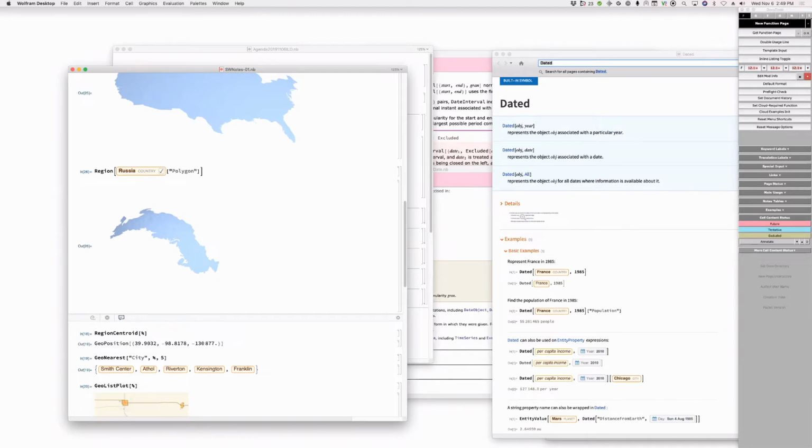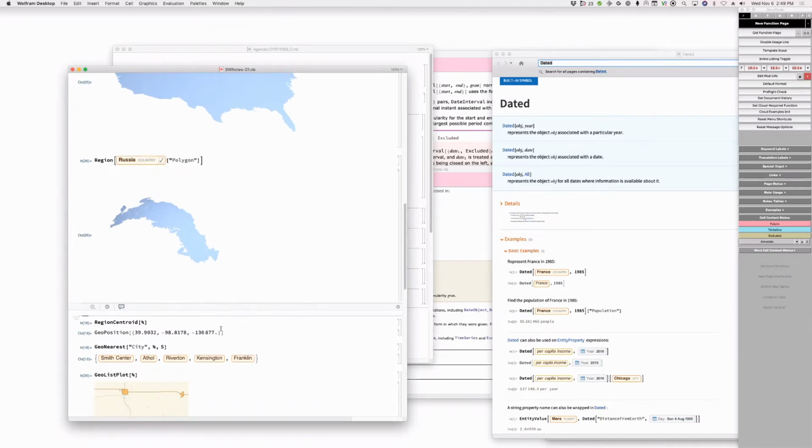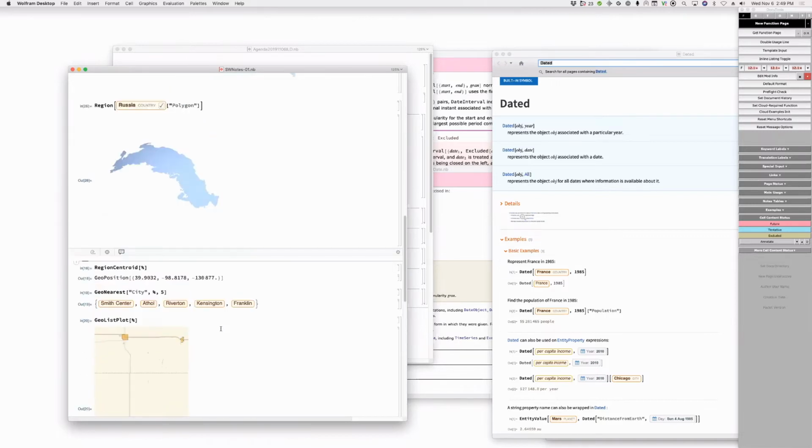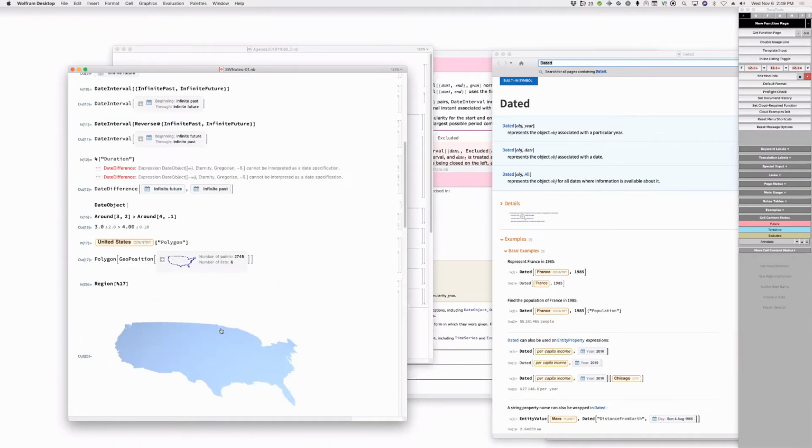Date intervals should work well with timeline plot. Yes. What about date intervals counting things like business weeks? So given a date interval, if I want to know how many business weeks are within that date interval, can I do that? Yes, so this is related to holiday calendar.